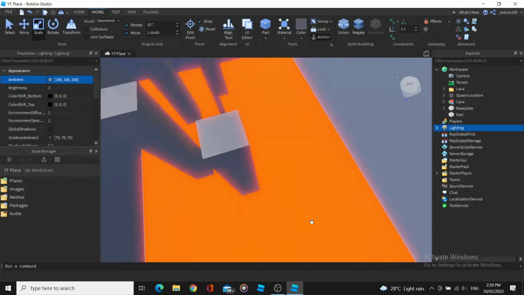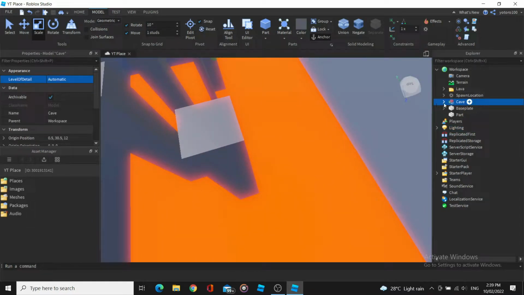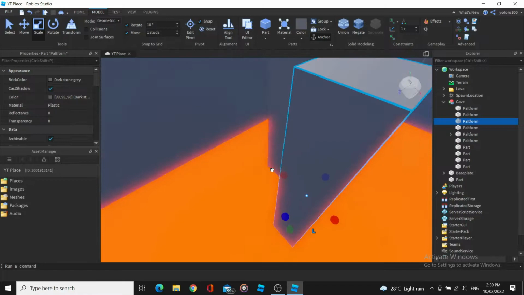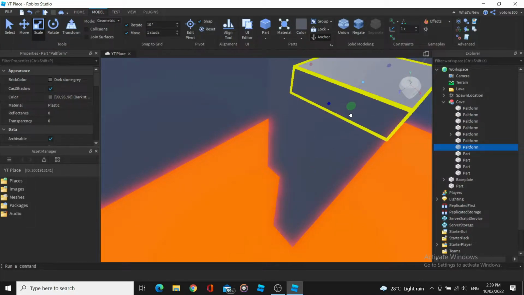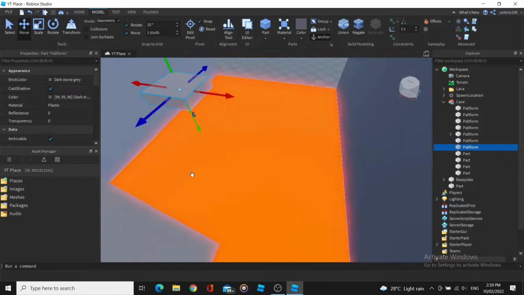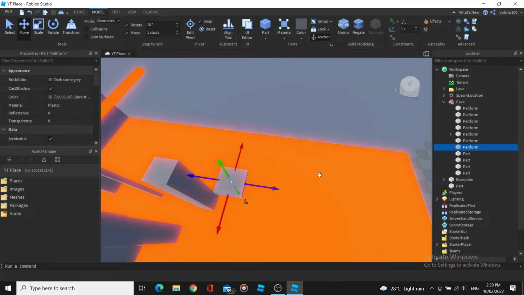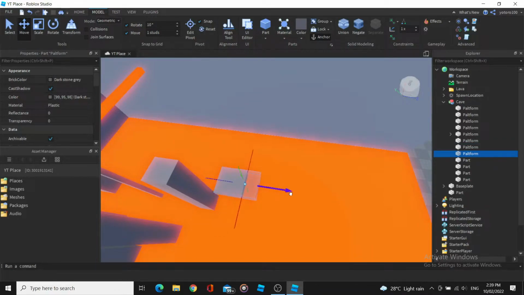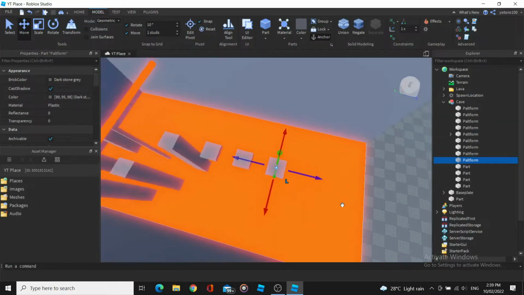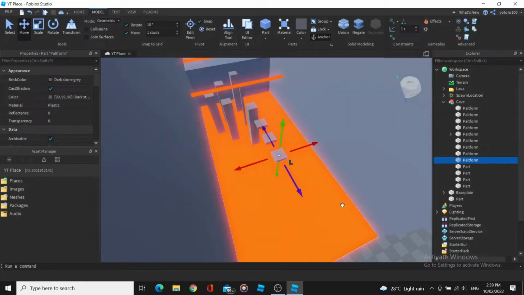So now what you need is, I'm just going to select the cave and I'm just going to select one of these platforms here. Let's try to hit the end one. This one here. And I'm going to click Control D at the same time on my keyboard. I'm going to scale this one up and I'm going to move it along. Make a little platform. Now, I'll click Control D more times and move it. Create a few more. Now what we can do,